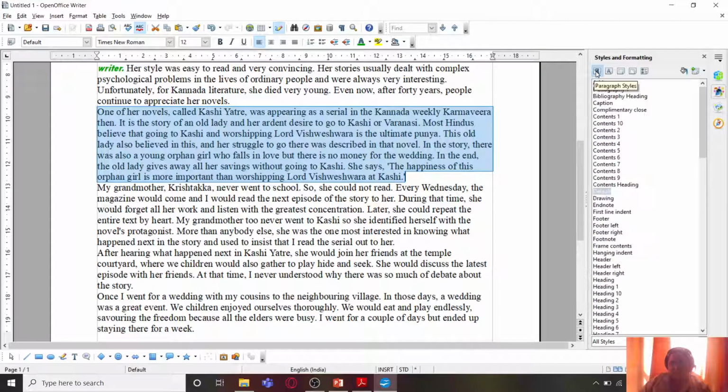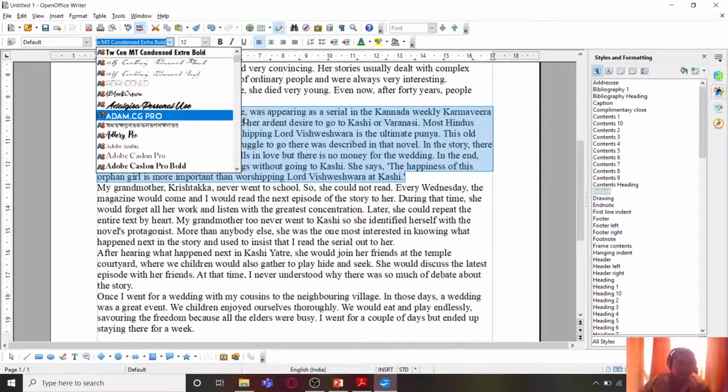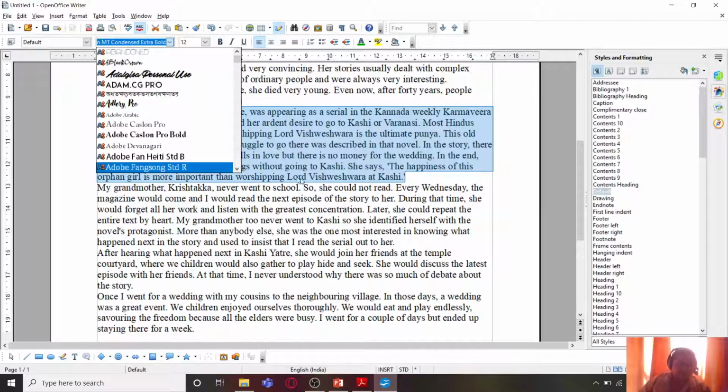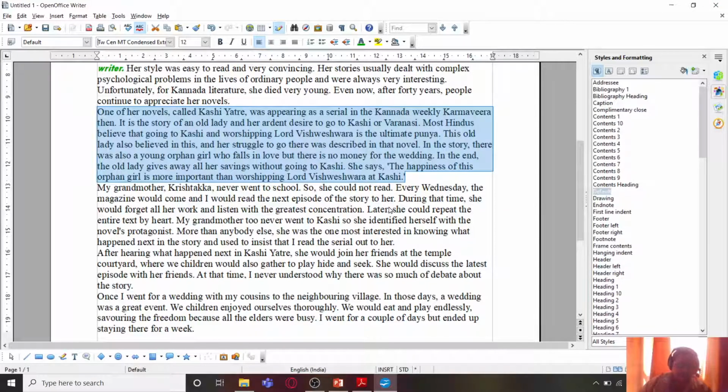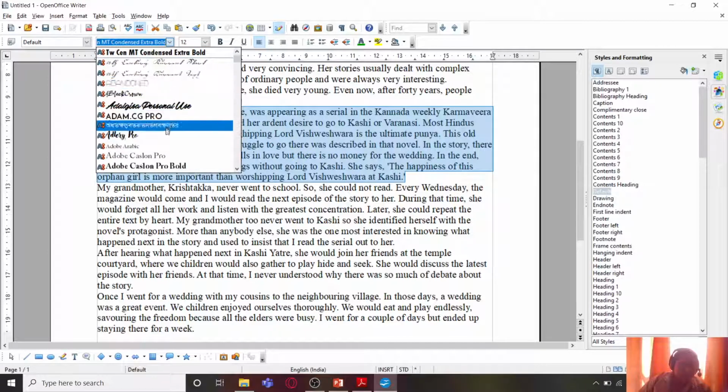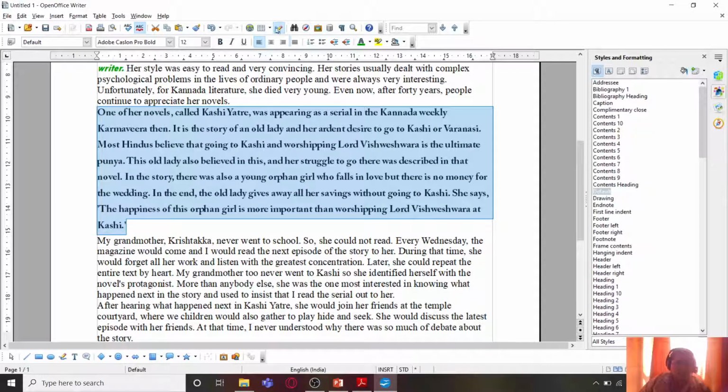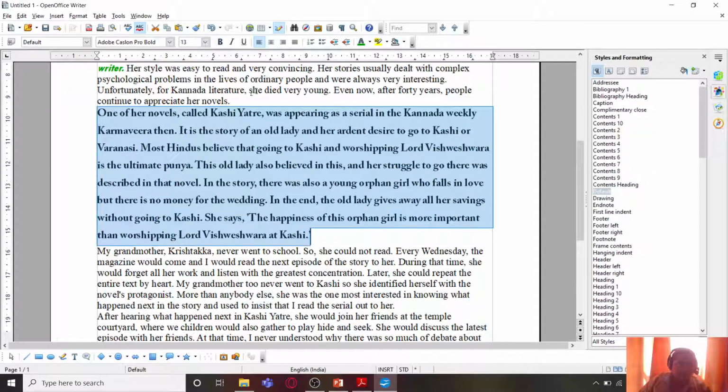So now I'm going to take this paragraph, the third paragraph. I'm going to select paragraph styles from here and default, make sure that default is already selected. Now I'll make some changes to this. So I'm going to select some other font from here. I'm going to select Adobe Caslon Pro Bold and let me give it 13 points.